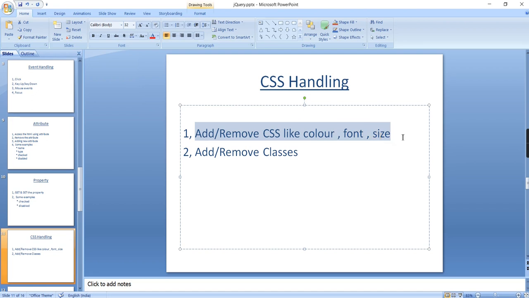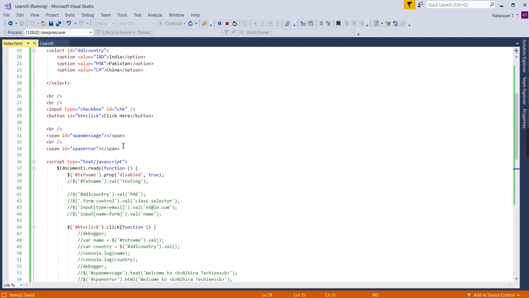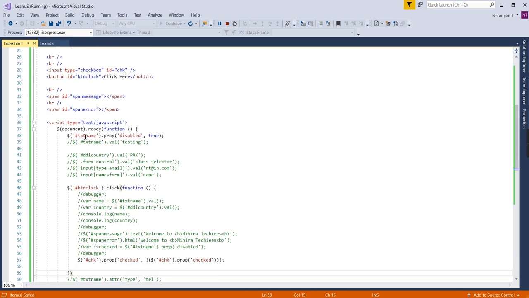So here we can see individual CSS like color and font, or else we can modify the complete classes also. First, let me explain individual CSS. So let me take this span tag. Here I'm going to provide some value. Welcome to NT. Let me copy this one. I'm going to set some font size after the button click. First, let me select this control